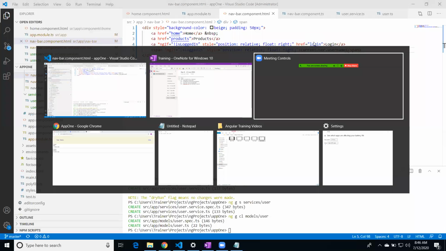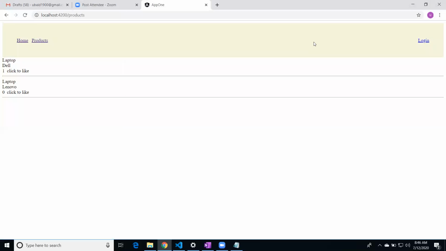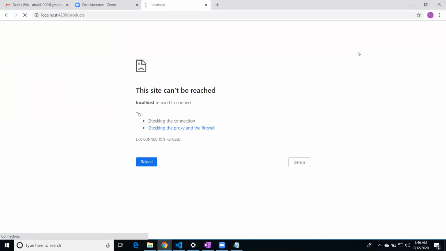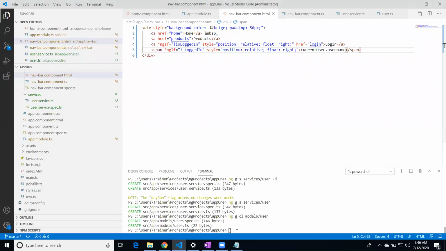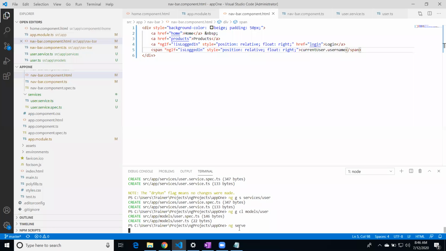So let's look at how our page looks. So when I was generating those classes and Angular services, I stopped the ng serve. I need to go back and restart it. That's why it did not reflect anything. While it starts,